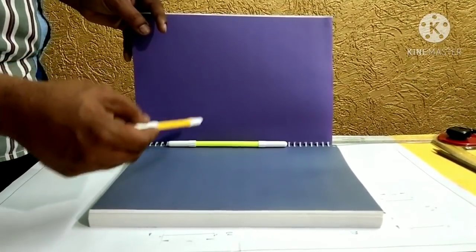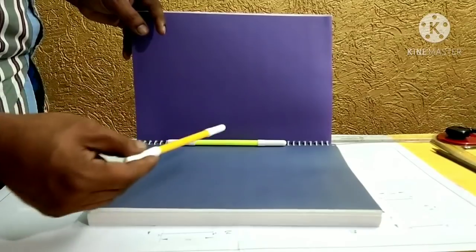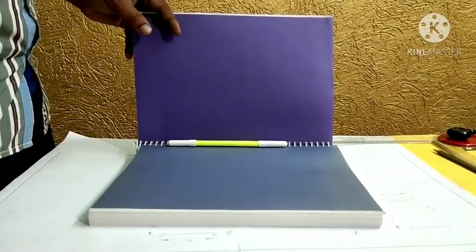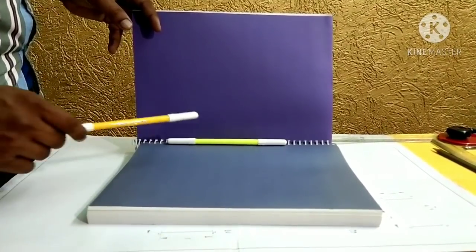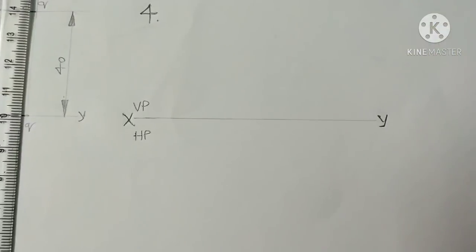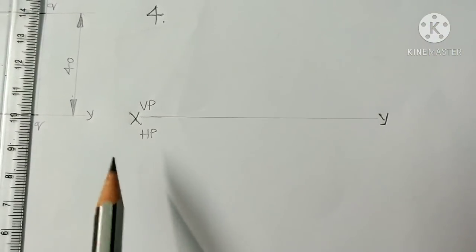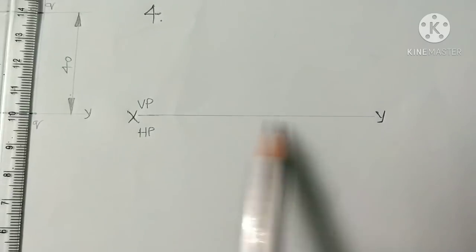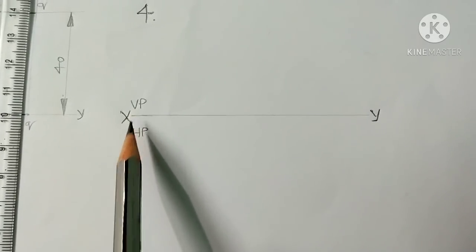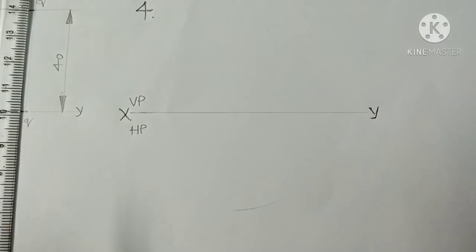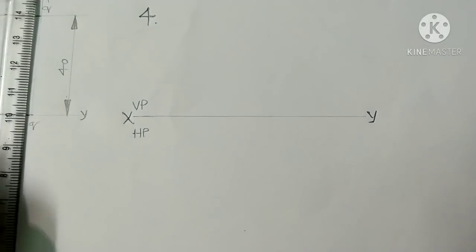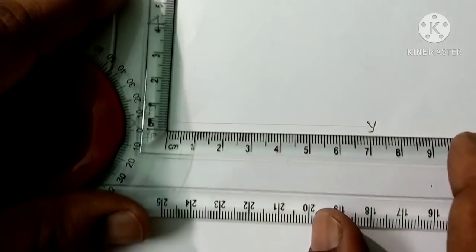Then we can give the front view naming, similarly the top view naming, on that particular line. So let us see the construction of the projections according to this position. Here we can see the problem number 4 projections. This is the reference line, above the reference line VP, below the reference line horizontal plane. And according to the problem number 4 condition, we are getting the projections exactly on the reference line.